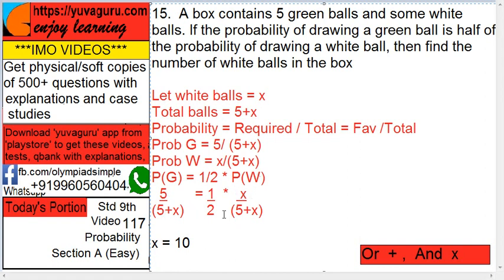This 5 plus x gets cancelled. So 5 equals x upon 2. 2 take on this side. So it becomes x equals 10. So number of white balls equals 10. See here, the problem is easy. Only the point is we